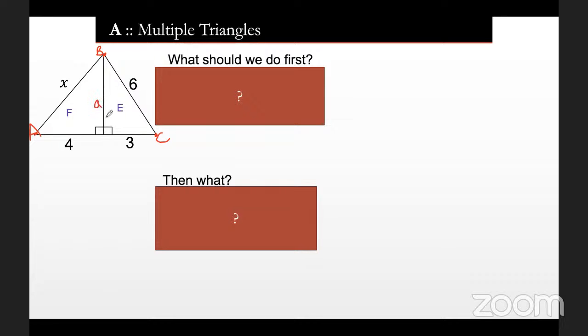Miss? Yes, dear? Miss, why didn't you label 6 as A? Go ahead, talk up loud. I didn't hear that. Miss, why didn't you name the 6 letter A? Oh, that's very good. If we are looking at the triangle without that middle line, we could definitely label 6 as letter A as well. You are correct. It could also be called letter A. However, it depends on the triangle that you're looking at. If we're looking at the large triangle, we could label 6 as letter A. But let's say we had